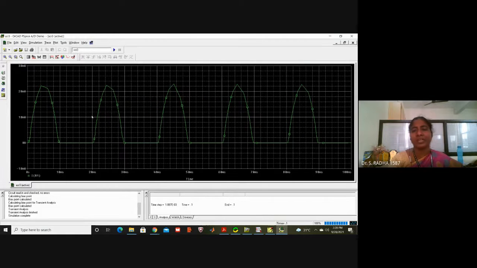This is the half wave rectifier. Voltage or current waveform in the R1 resistor. Voltage and current waveform, it will be like a half wave rectifier, the SCR application of SCR half wave